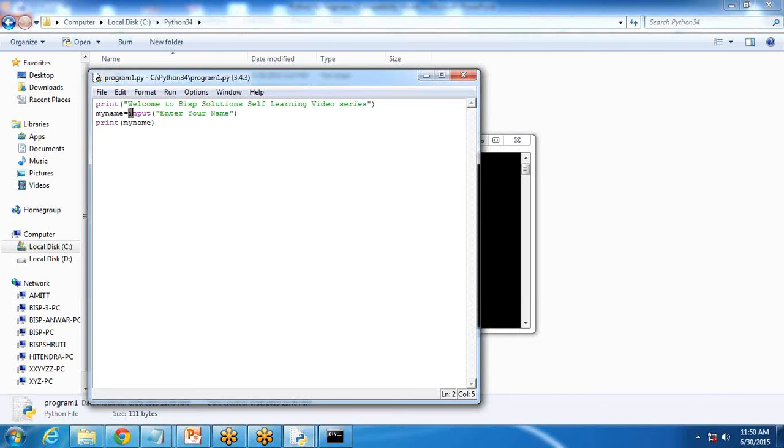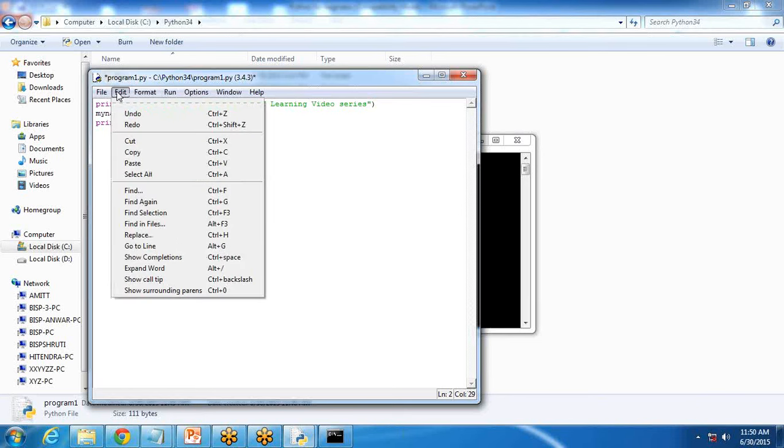Again you can see it's in small case. If I type it with an uppercase I, it will throw an error message when we execute this program. So it should go in small letters, and you can see the color has changed, which indicates that the commands we are using here, the print command and the input command, are correct. So I write my name is equal to input, enter your name, and print my name.